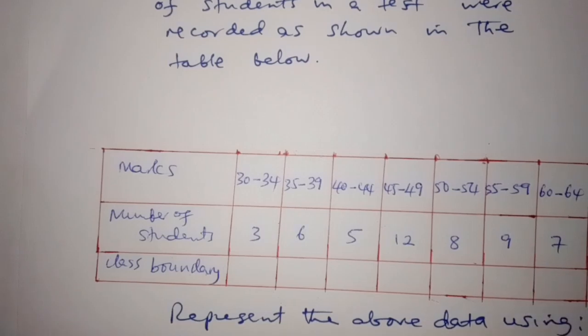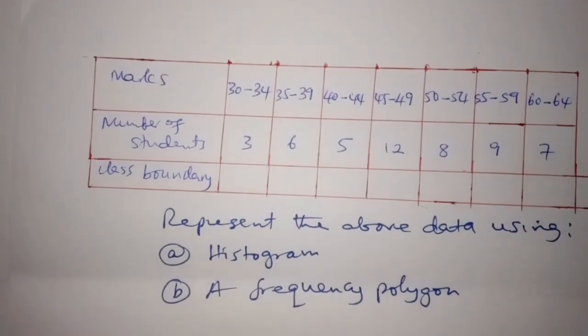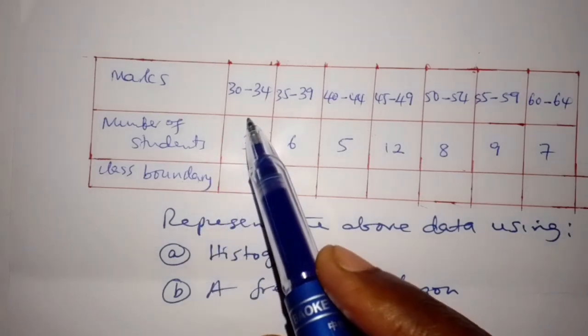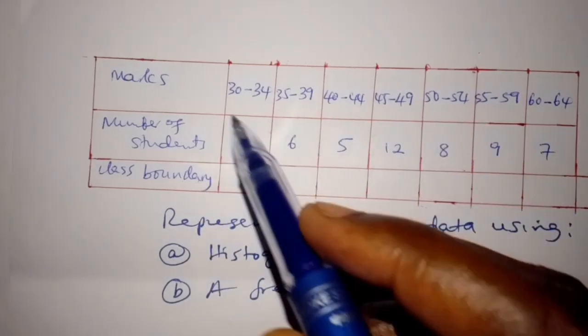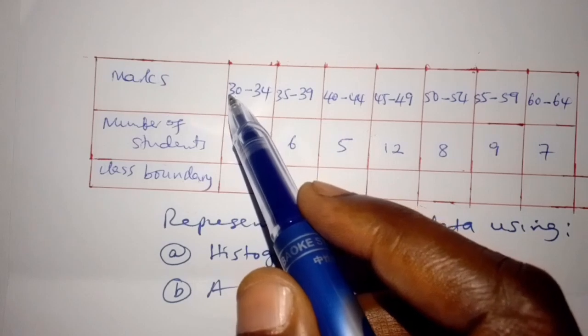Represent the above data using a histogram and a frequency polygon. So how can we represent the above data using a histogram? In order for us to construct a histogram, we need to find the class boundary. So the class boundary here will be